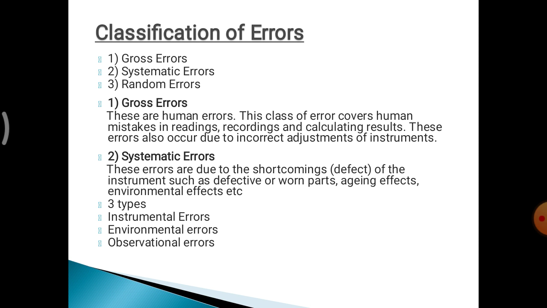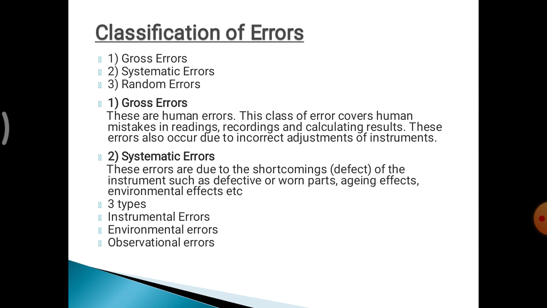Sometimes, assume you are measuring the wattmeter reading, at that time you have to take the wattmeter constant. If instead of wattmeter constant 2 you take wattmeter constant as 1, then it is a mistake in your recording and also in calculating. So that error also occurs due to humans, that is you people, whoever takes the readings may also make mistakes. Such errors are called gross errors.